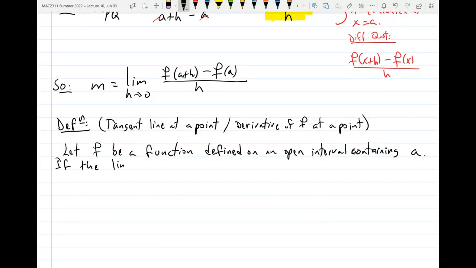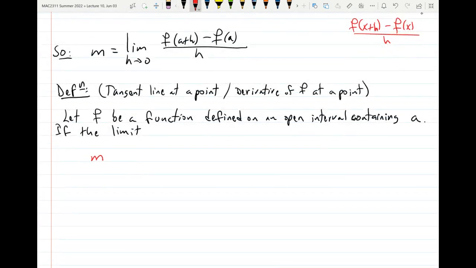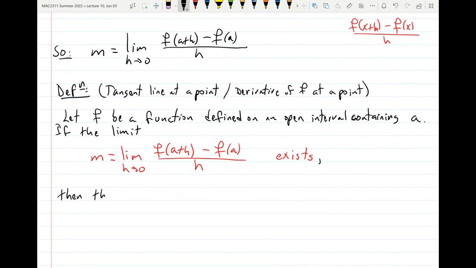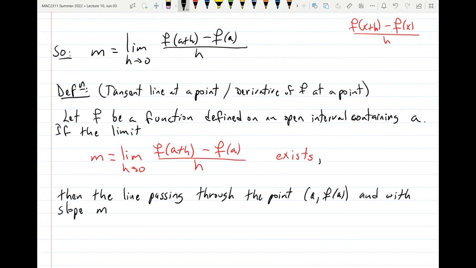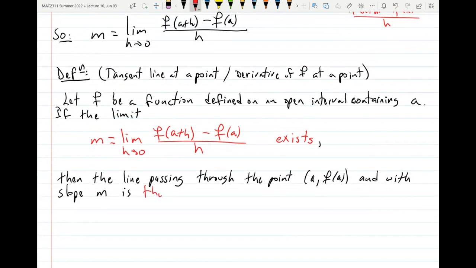if the limit, and the limit in question is, I'm going to call it m, the limit as h approaches 0 of f of a plus h minus f of a over h, if this limit exists, in other words, if this equals a number, okay, then the line passing through the point a comma f of a, these are point P from our examples, okay, and with slope m, is the tangent line